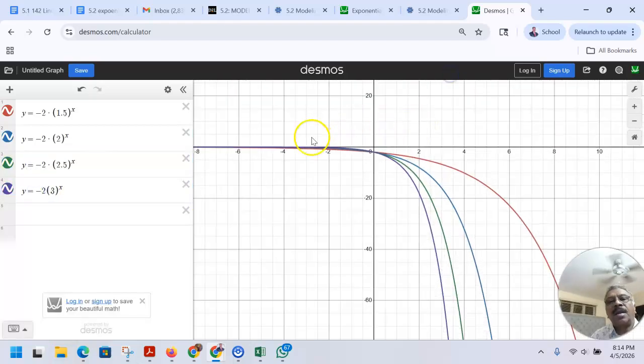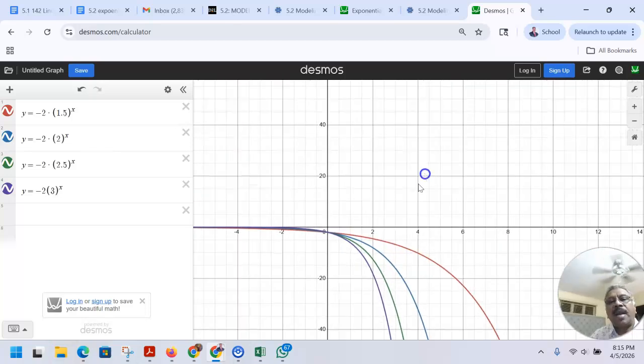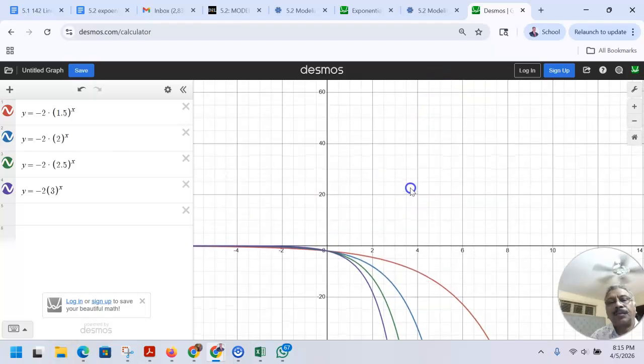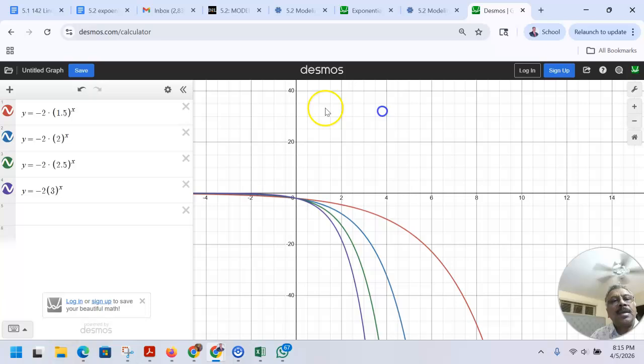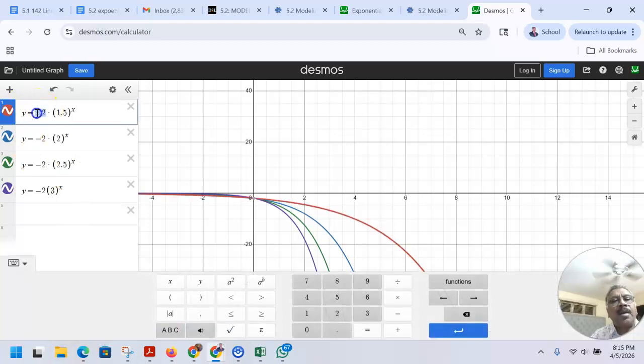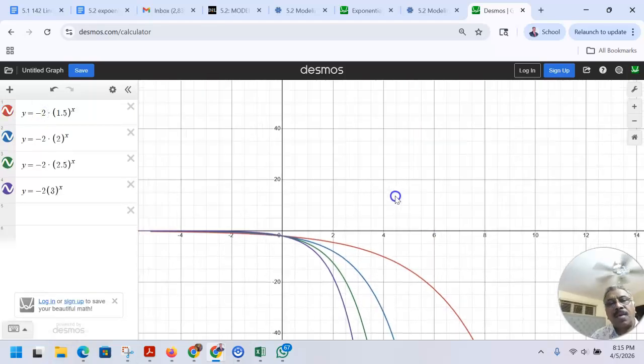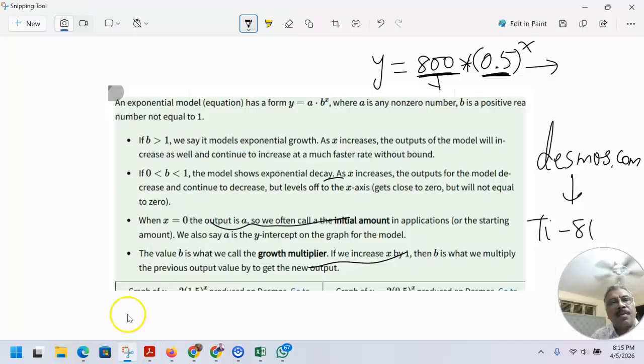They go this way. There is a reflection over the x-axis. The ones we had earlier were going upwards, and you'll see these graphs are going down. So when the initial value is negative, if there is a negative outside, there's a reflection over the x-axis. Let me show with the help of